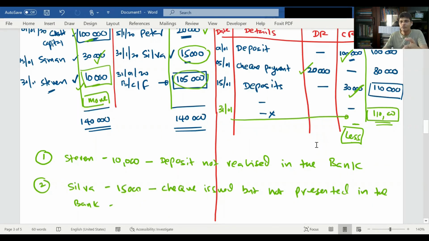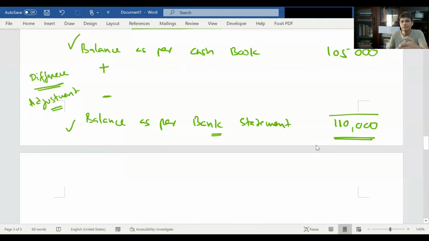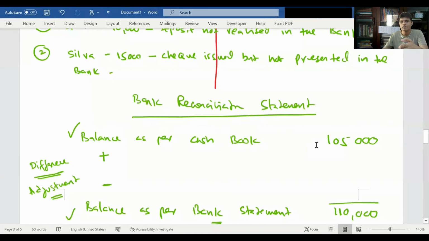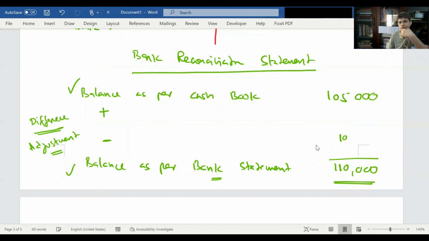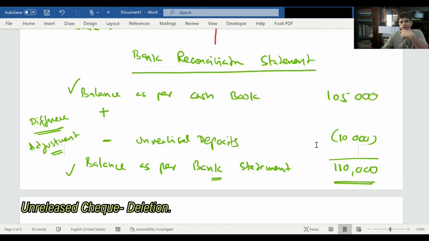Therefore, to arrive at the bank statement balance, you have to reduce this 10,000. This 10,000 has to be deducted. We call it unrealized deposits. And the other one,